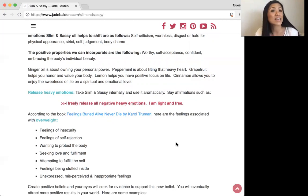Wouldn't that be great if all the teenagers, as they adapt and adjust to the adult world, took this Slim and Sassy oil, right, to help them feel self-acceptance and be themselves? Unfortunately, most of us haven't gone through that lovely stage where we can feel that love and acceptance until much later on. So if you're still a teenager sometimes in your mind and heart, feeling like, oh, I want to belong, or I want to be accepted, then this might be the oil for you,